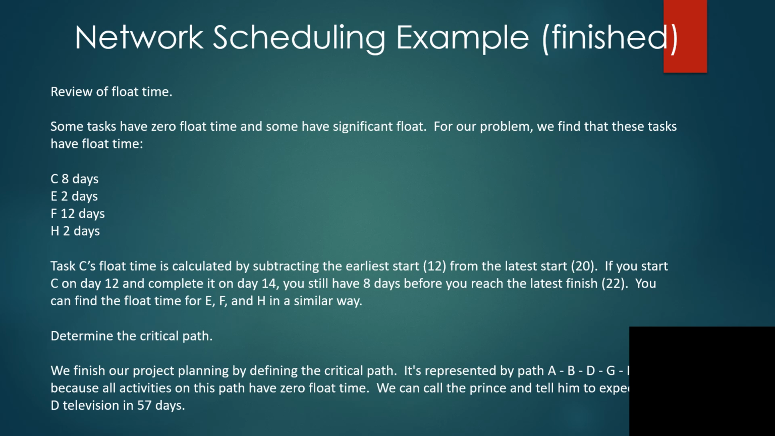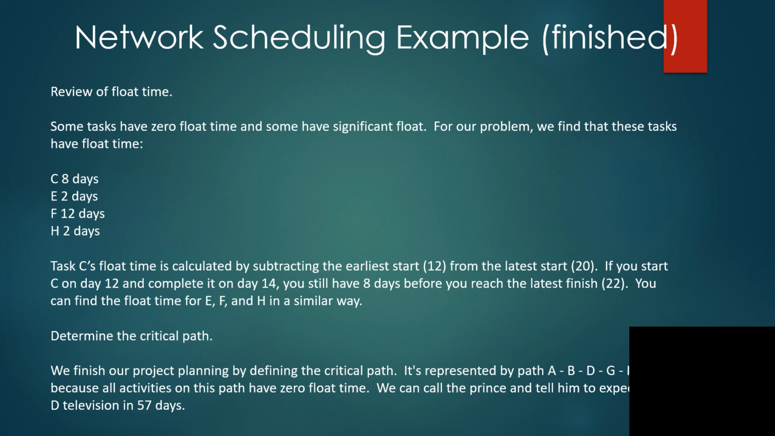The final slide in our lecture shows the key results of our network schedule. So as indicated, some tasks have 0 float time and some have float. You'll find that the tasks that are on the critical path, which is the longest path for the project, do not have float time. However, we find that there's 4 tasks that do have float time,